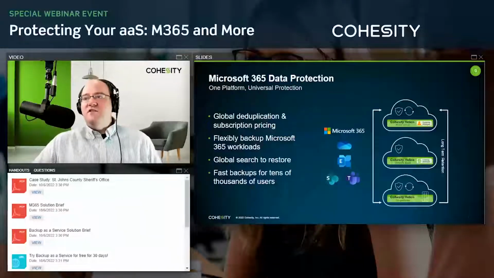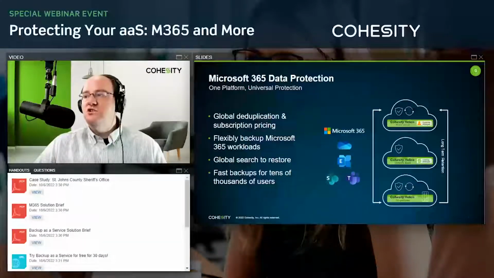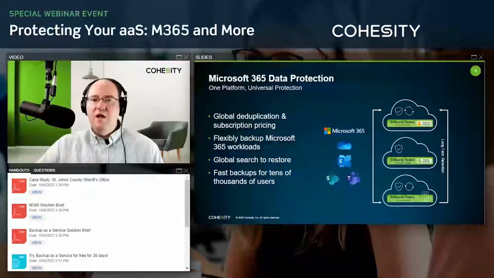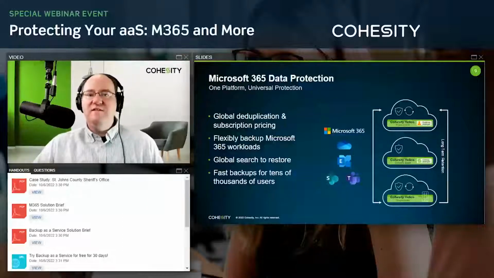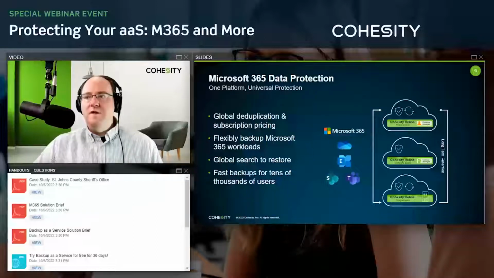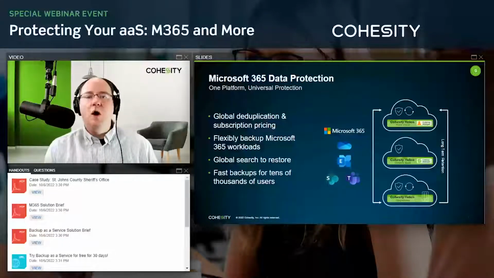So Microsoft 365 data protection. The one platform, I mentioned that for long-term retention. So this is where we're getting outside of those 30-day, 90-day windows that are built into the system. Now you can hold on to this data for as long as you want in the Cohesity system. Again, as mentioned, you can do customer managed in the public cloud. You can do on-premises, or you can do the backup as a service. And when we get into our demonstration later on, we'll be focusing mostly on the backup as a service capabilities within the Cohesity ecosystem.